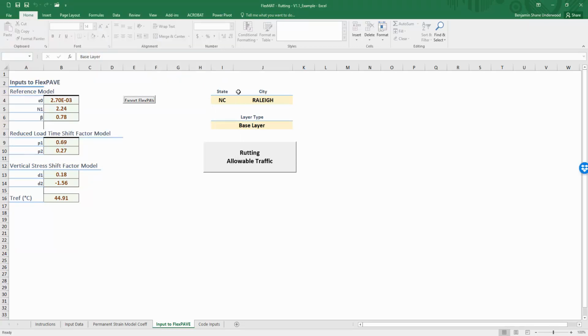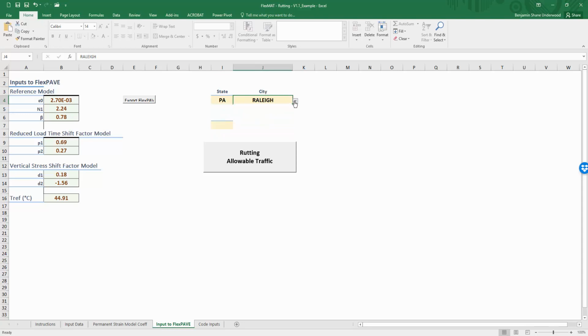Now, in order to run the analysis, for the index parameter, you need to select a few different factors. The first is the location for your analysis. In this case, I will choose to do it in another place randomly. We'll go with